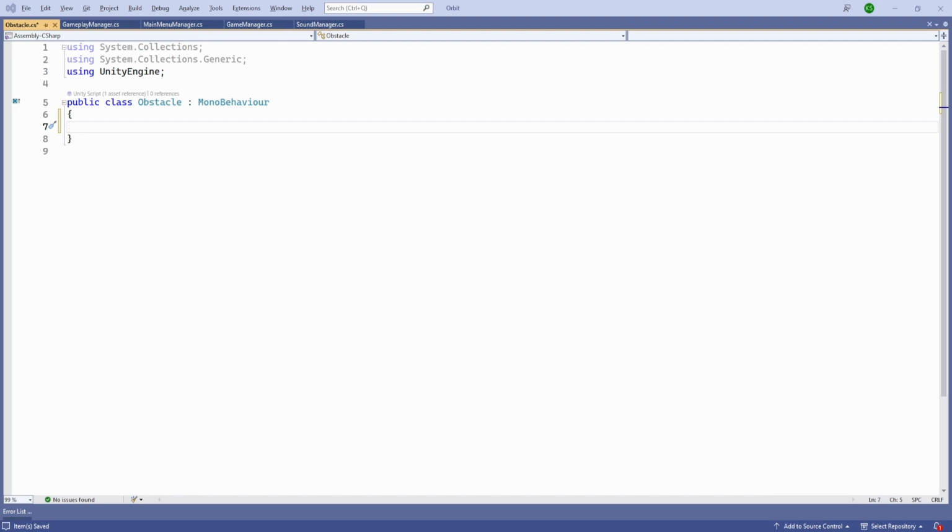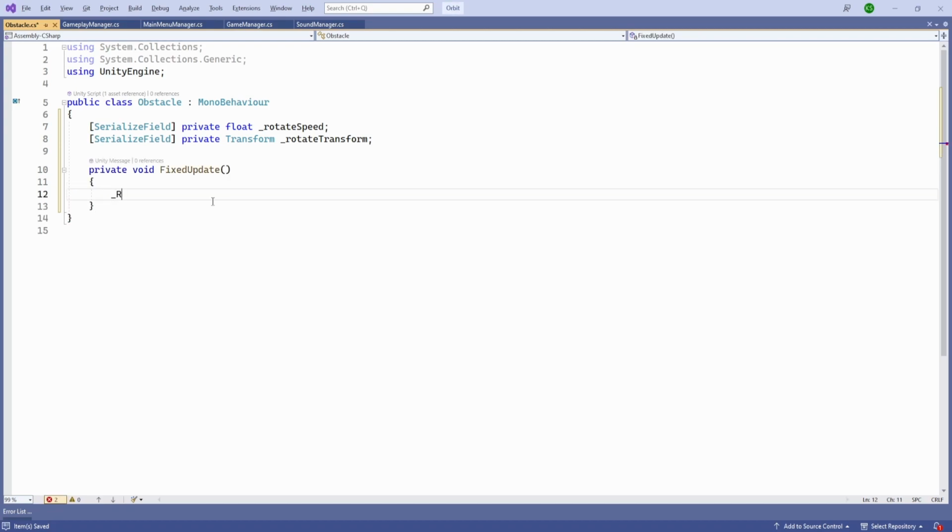We'll add the references later. Let's code up our obstacle. So let's create a serialized field, private float, and we'll have a rotate speed, and we'll need to rotate its parent transform, so we'll need to get a reference to it, and we'll call this rotate transform. And inside our fixed update, what we'll do is rotate transform dot rotate, and we'll pass our rotate speed multiplied by time dot fixed delta time. So it will just rotate,